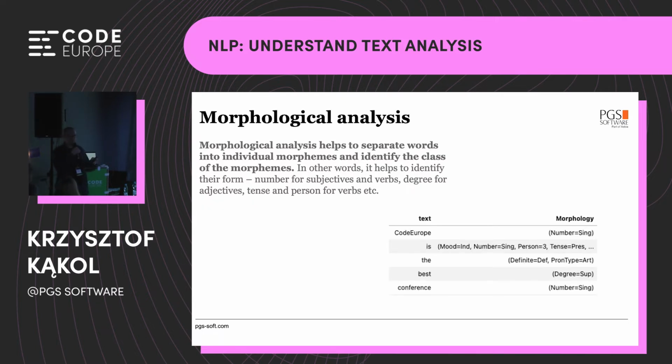Then you have something that is called morphological analysis. This is an example of the same sentence, and the morphology can be found easily. And you see on the right-hand side that the morphology of the word Code Europe is that the number is singular. For "is", the mood is indicative. The number is singular, person 3, tense present, and all of this information can be dragged out of